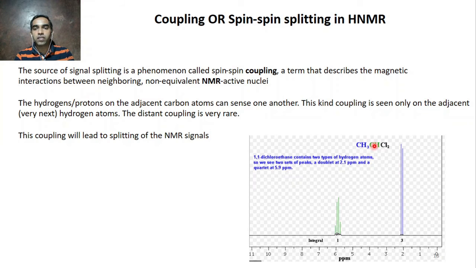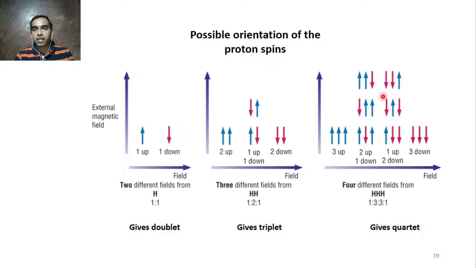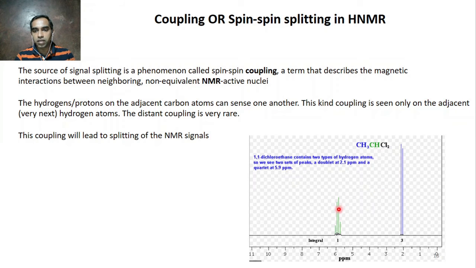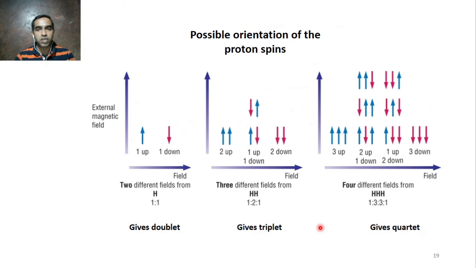Similarly, this will split this into 4. Why? There are different combinations possible if there are 3 protons. In one case, all will be up. In another case, 2 up, 1 down. In another case, 1 up, 2 down, and all down. These are the possible orientations. So to split this into 4, 1, 2, 3, 4. And these 2 are equal. That's why this height is also equal. And these last 2 heights are also almost equal. There will be variation, one will be up, one will be down. That explanation you will study at higher standards.